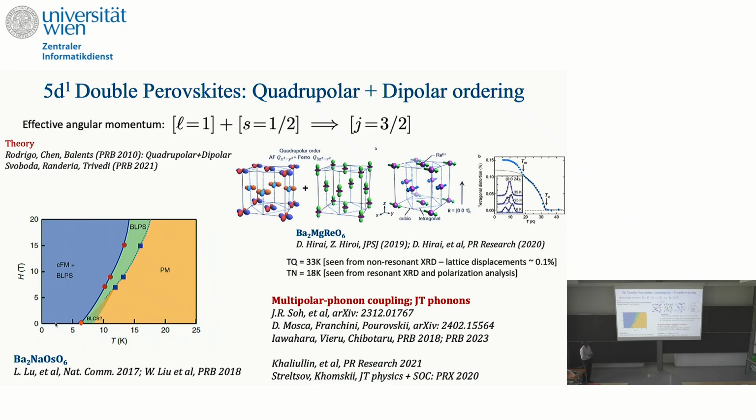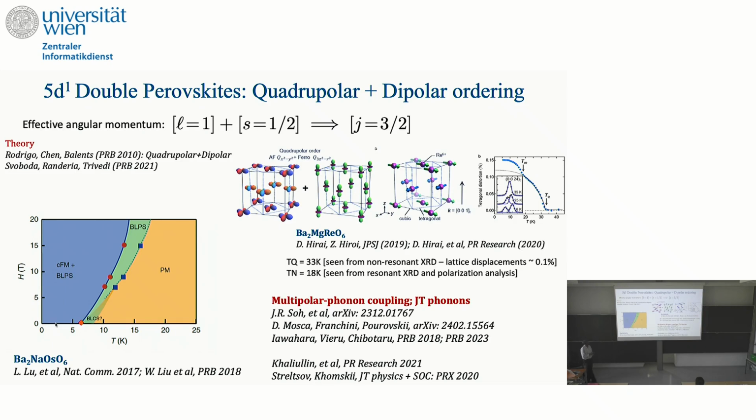So this is some work from Zenji Hiroi and collaborators, where they find clear evidence that if you look at the crystalline symmetry of the system, there is a clear higher temperature transition where crystal symmetry is lowered, not unlike this higher transition seen in sodium osmate, followed by a lower temperature transition, which in this case is well separated by about 15 Kelvin into a state which again exhibits dipolar